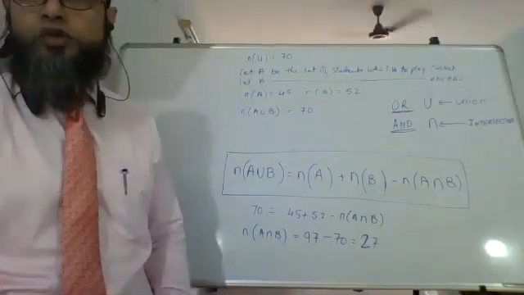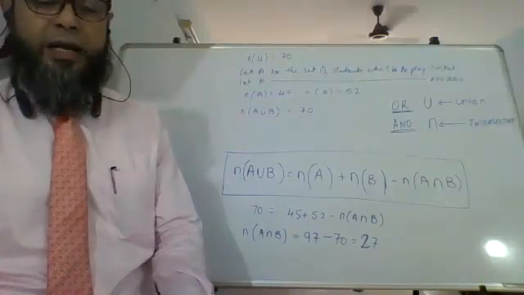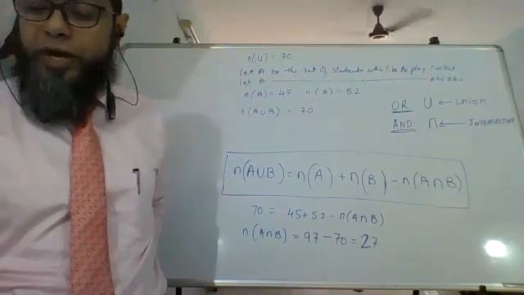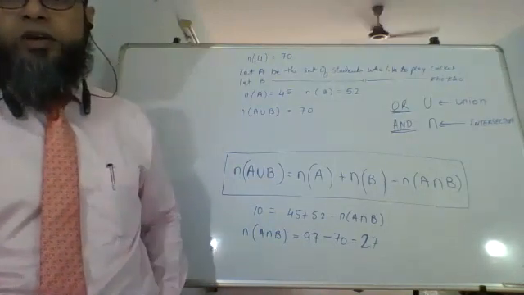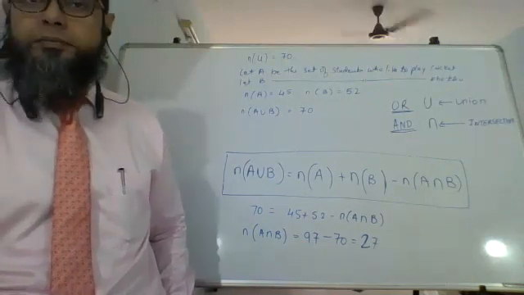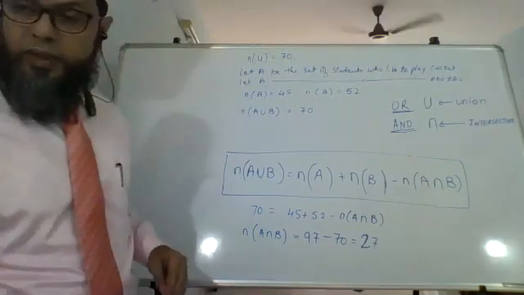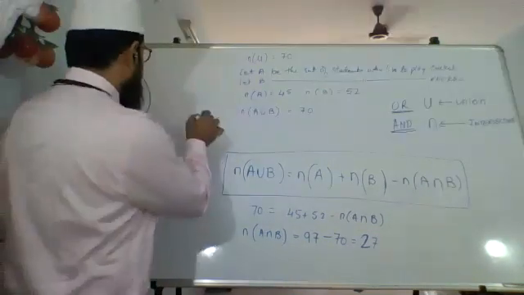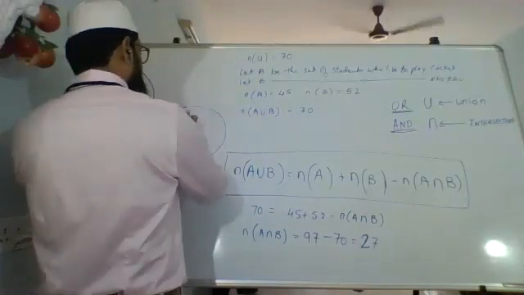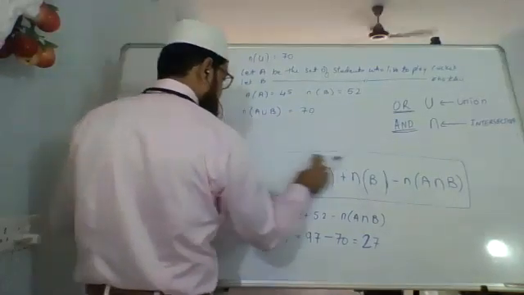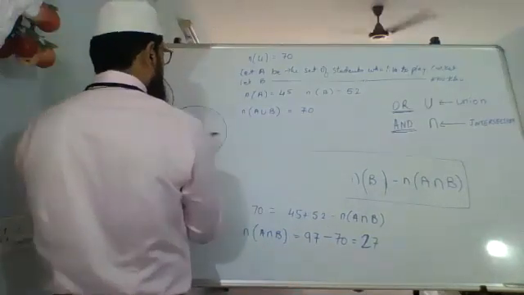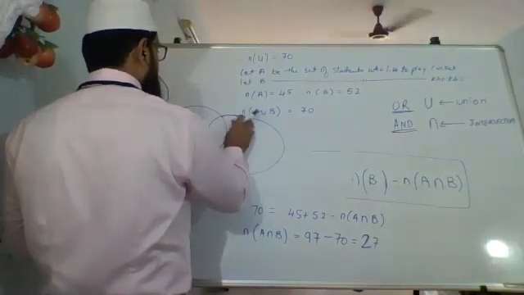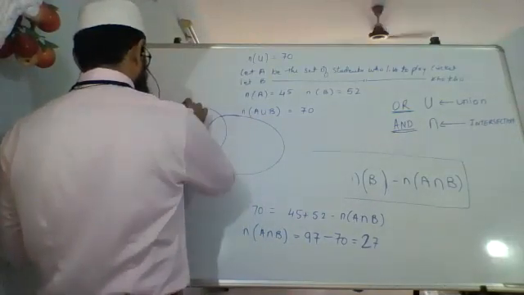The same thing we could have also solved with the help of a Venn diagram. How? That we will see. Have you all done this? Then I'll show you with the help of a Venn diagram. Same thing could have been solved with the help of a Venn diagram. Let's say I had students playing cricket, and there were students playing Kho-Kho. Students playing cricket and students playing Kho-Kho.